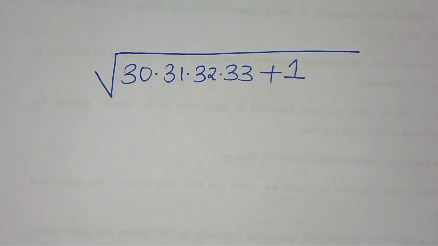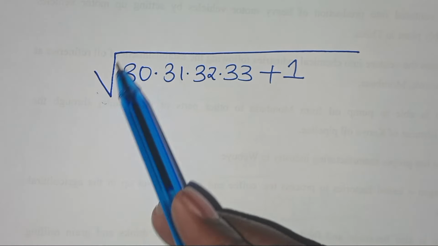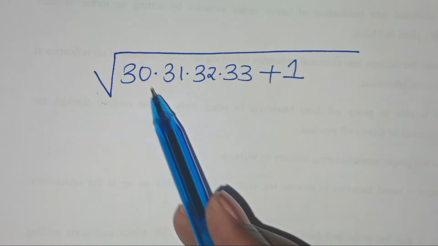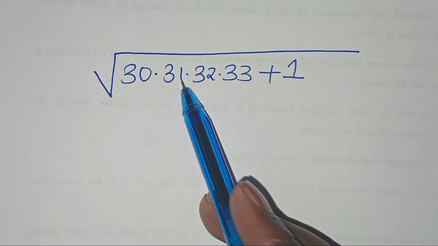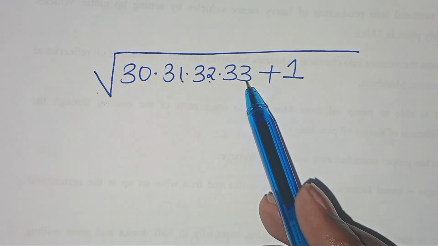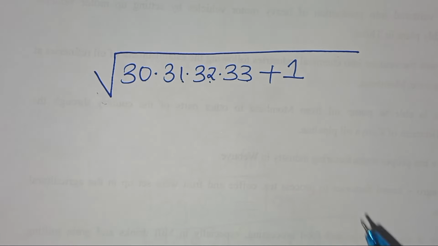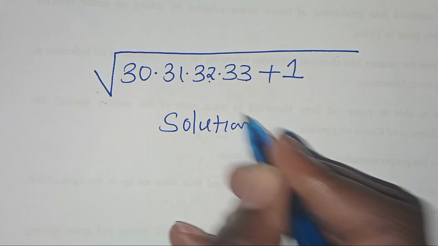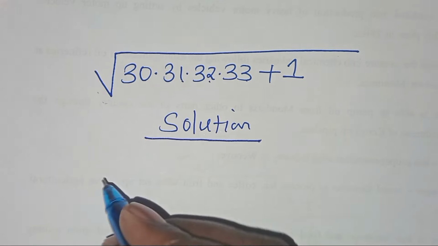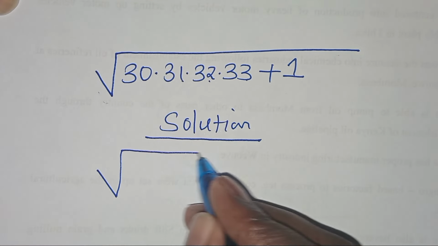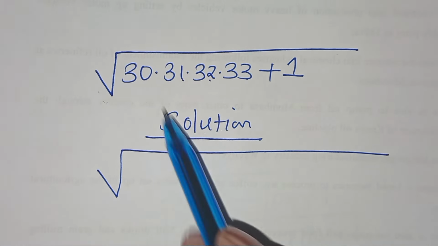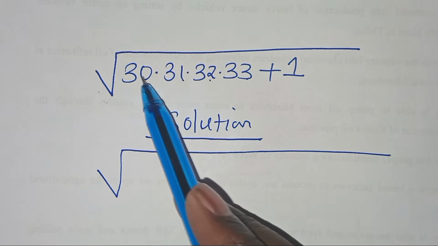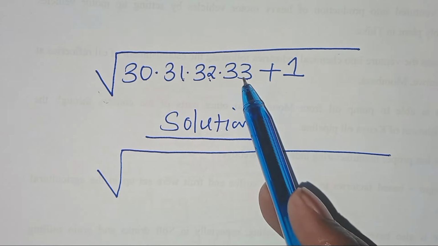Hello everyone, you are welcome to solve this nice square root math problem, which is the square root of 30 times 31 times 32 times 33 plus 1. So now the solution from here: we have the square root. We can express this square root of 30 times 31 times 32 times 33 as